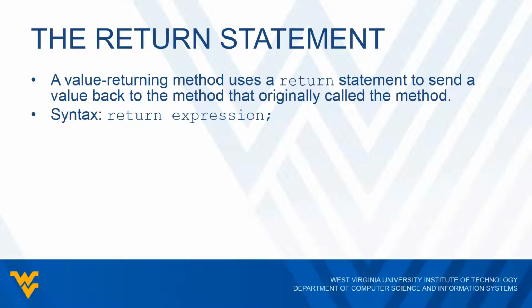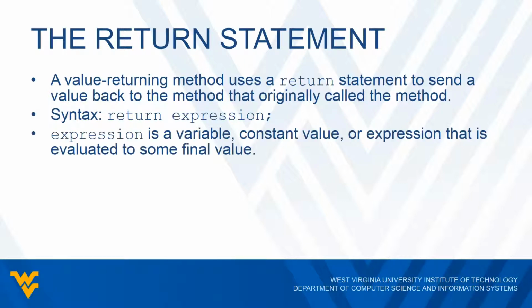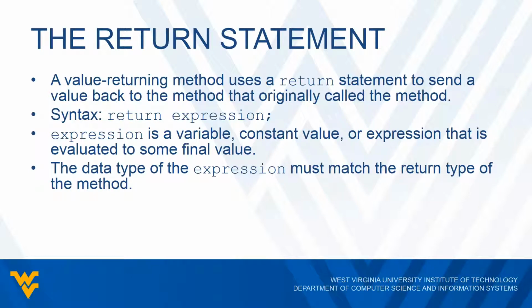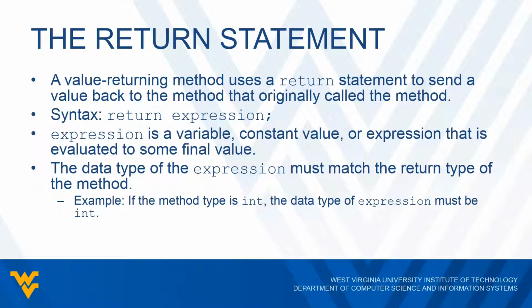We have the word return and then some expression and then a semicolon. Now our expression here could be a variable, it could be a constant value, or it could be an expression that's evaluated to some final value, to some result. And the data type of the expression must match the return type of the method. So for example, if our method type is an integer, then the data type of this expression must also be